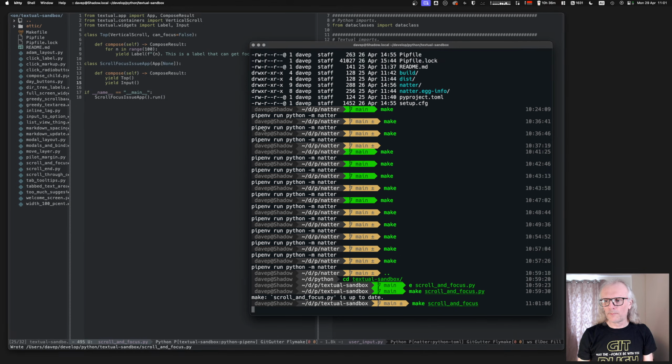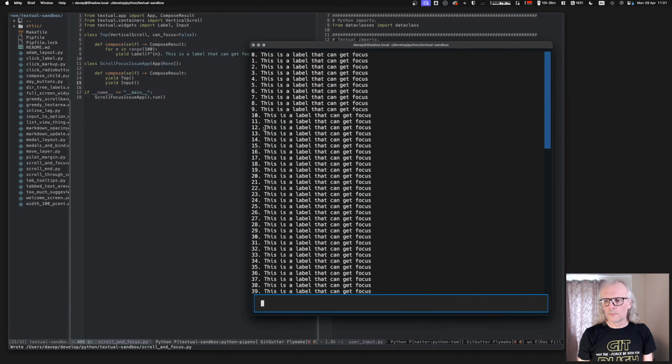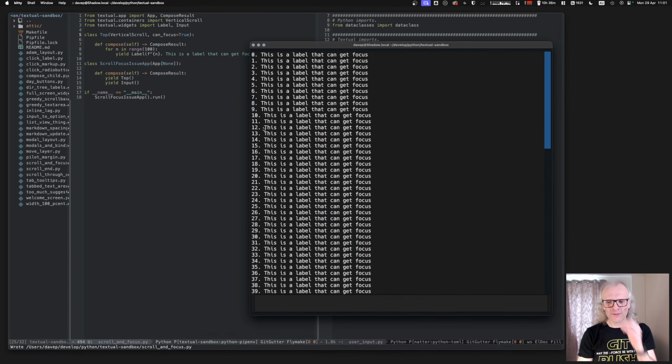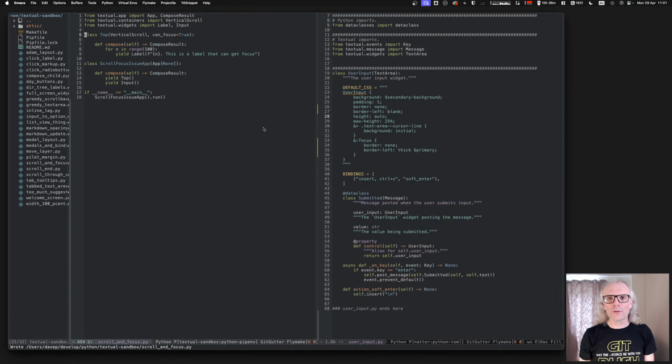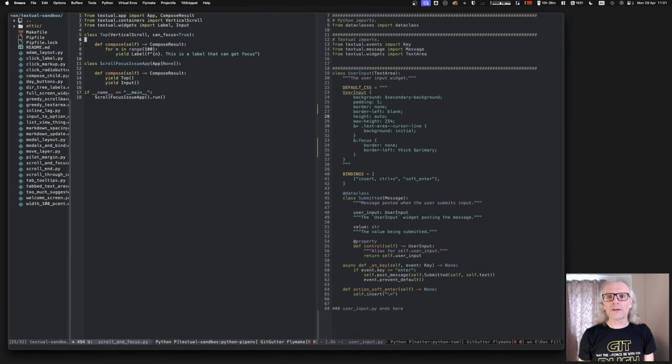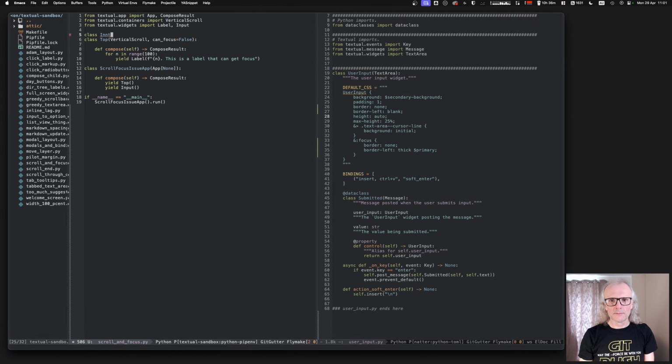Oop. Second focus is false. I went to change it to true and still typed false, like for Pete's sake. Right, cool. We want to say, oh no, hang on. No, I did want that. That's what I wanted.